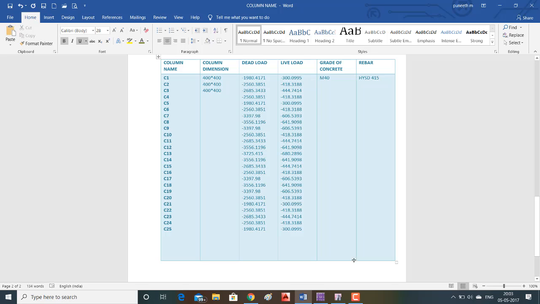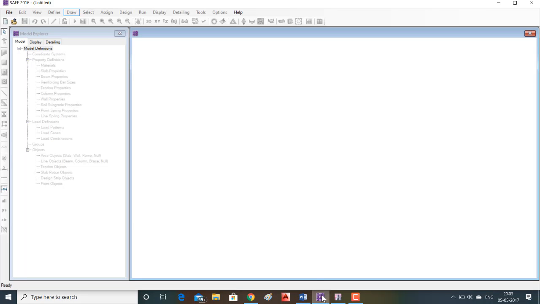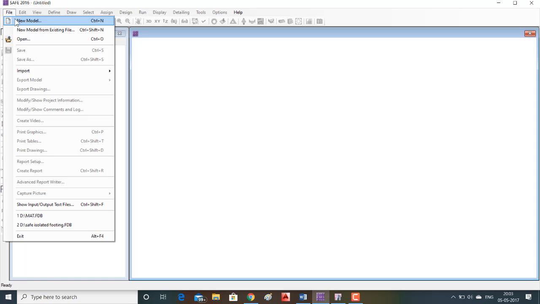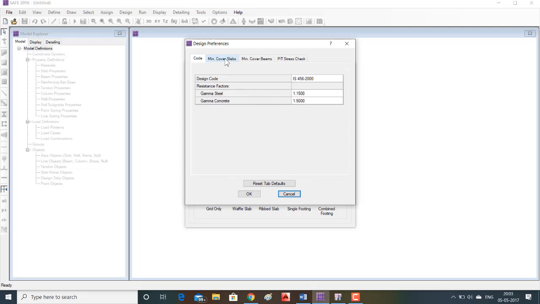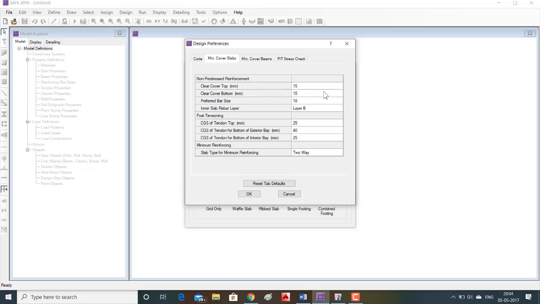Let me open the SAFE software. First step is new model. Design code as per the Indian standard IS 456-2000. Design preference, go to modify, set minimum cover of the slab as 50.